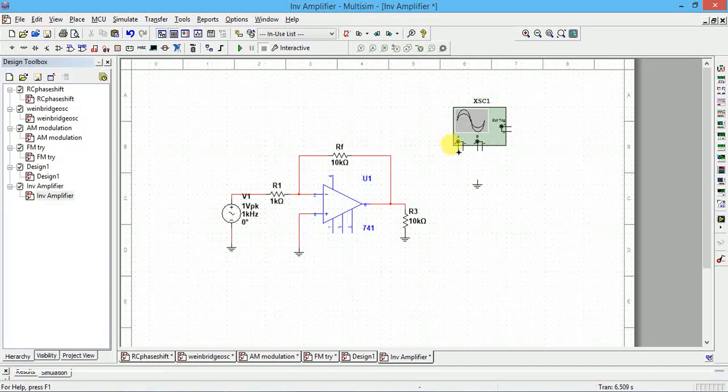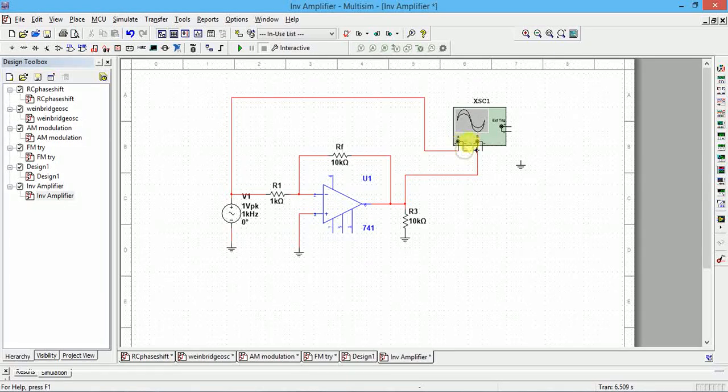Now to see the input, channel 1 is connected directly to the input. Channel 2 is connected to the output pin, this is RL, and the ground pin is this.